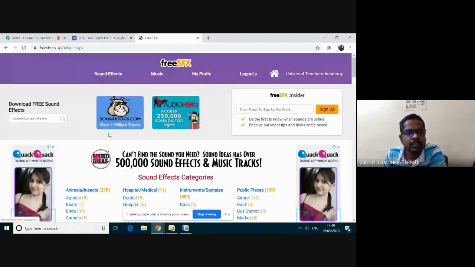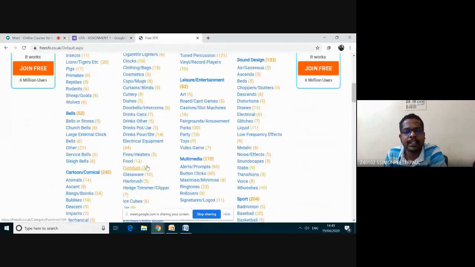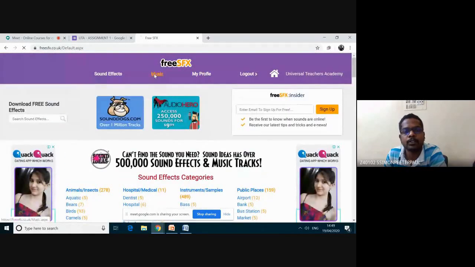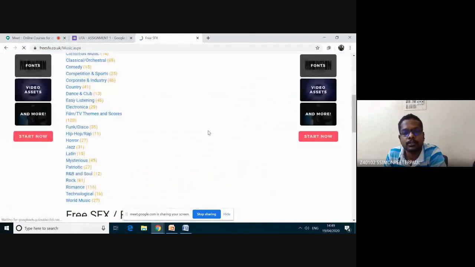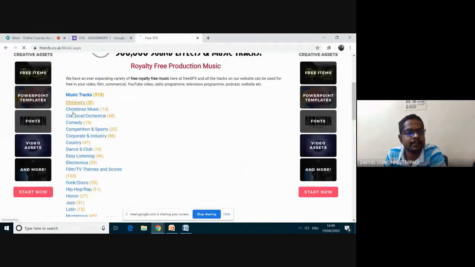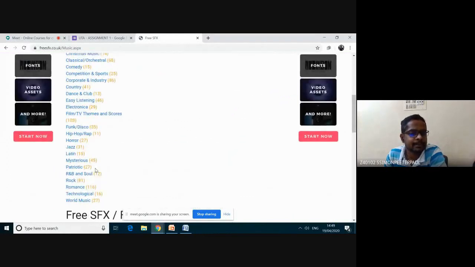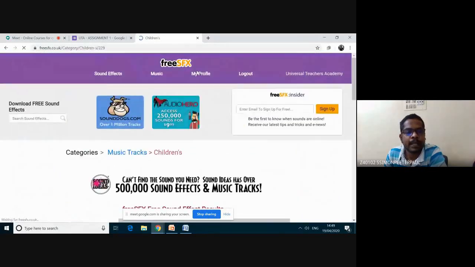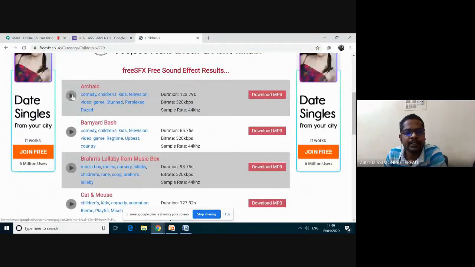Here they are not having only these effects, they are having music also. See, in music, they are having some music tracks. Using these tracks, you can get background music. So for children, I am clicking.